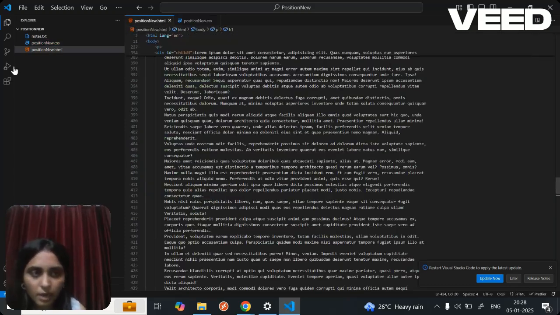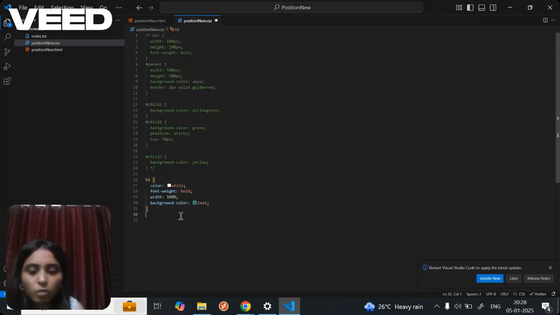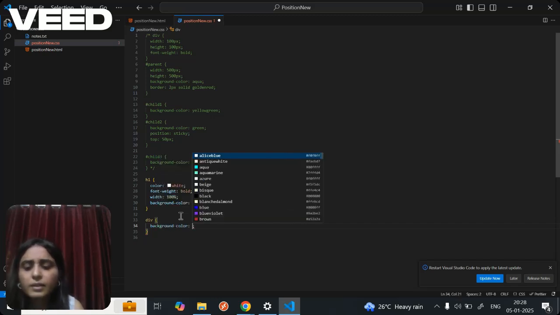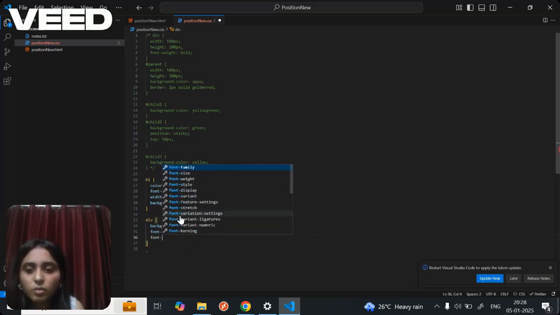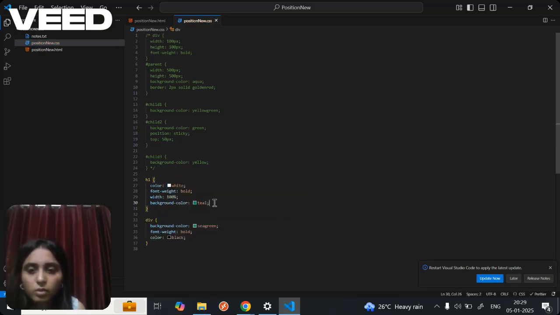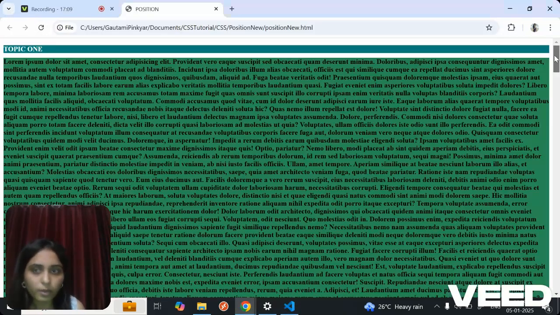Now let me go to the div, that means the content of it. The content will be what? The content will be background color. Say for example I give it as sea green or whatever. Okay, sea green also I can give it, that is fine. And let me give the font weight as bold, and color as black. Here I'll give the font size as something else because that is more good. Let's go over here and let's check. Oh wow, it looks a little bit nicer than the previous one.